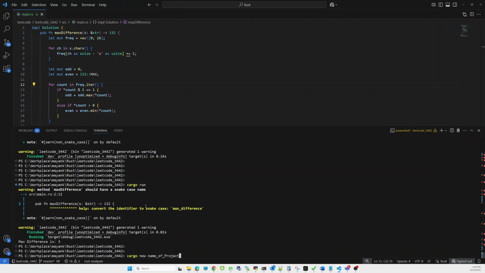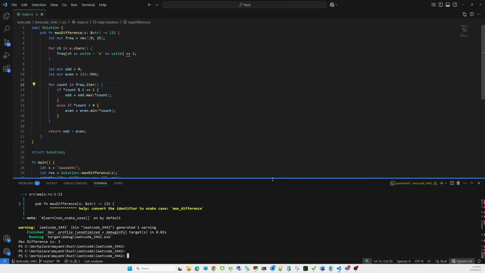It will give you a new project with the main.rs. For building that project, cargo build, and for running, cargo run. We just have to remember all these three commands.